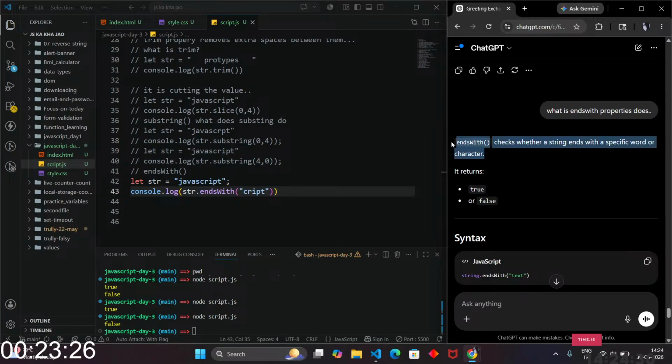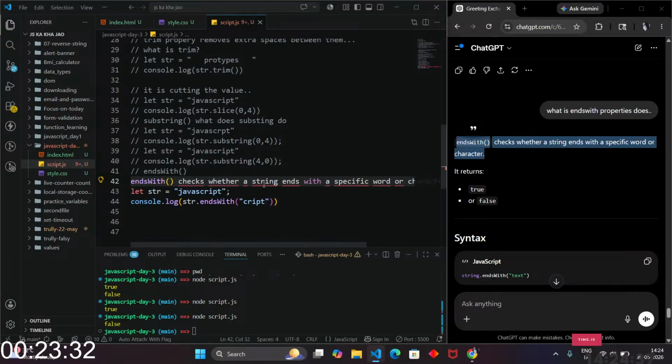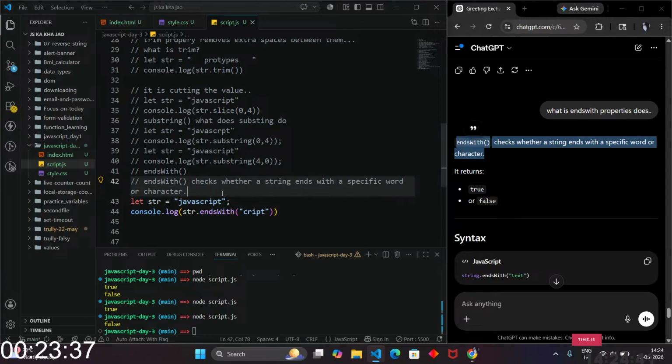Okay, this is the key sentence here. The endsWith property checks whether a string ends with a specific word or character